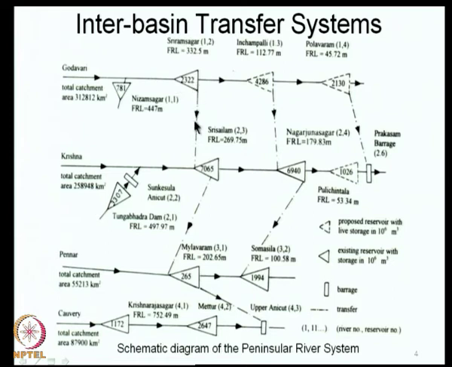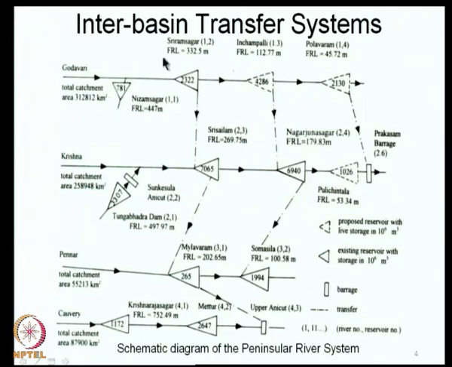Suppose you make a transfer here. That transfer can be put into use here, or here, or can be taken all the way back up to this point, upper Anicut. Similarly, a transfer that you make here can be taken for use here or for use here, etc. So, any action that you take at a point is likely to affect several of the downstream points, and you are looking at huge quantities of water, both at the reservoirs as well as at the linking points, as well as at the links.